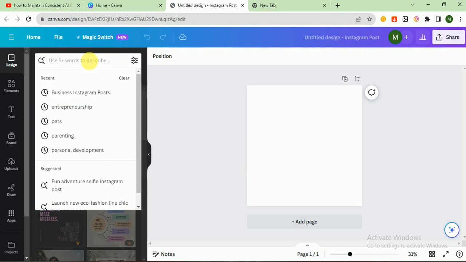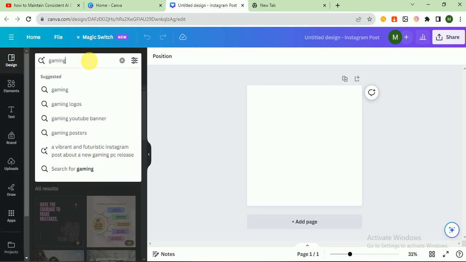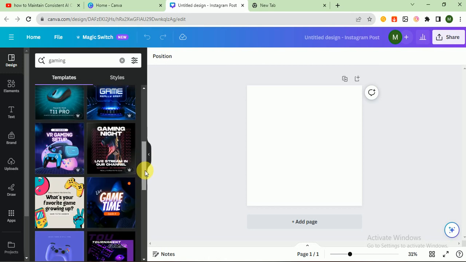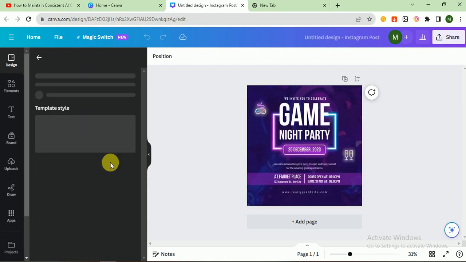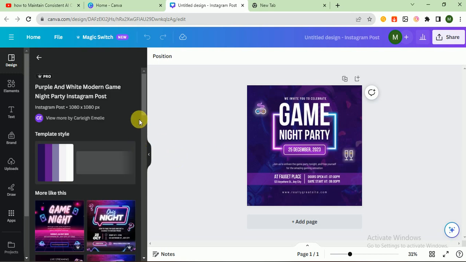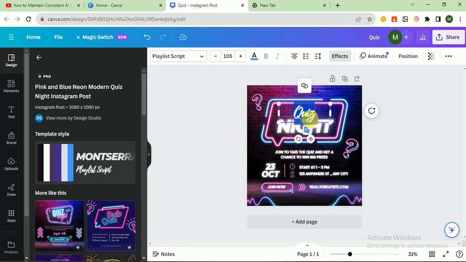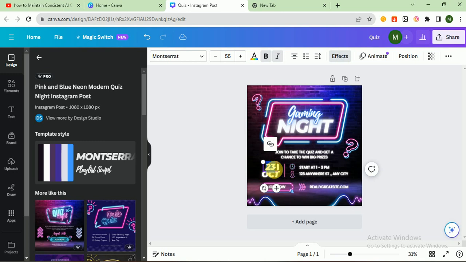So in the search bar I search gaming. Let's see what it shows to us. Yeah, I think this one is good. So you can customize this template like